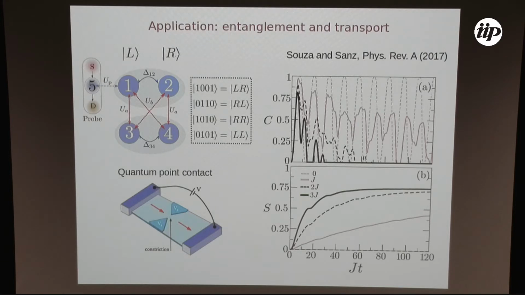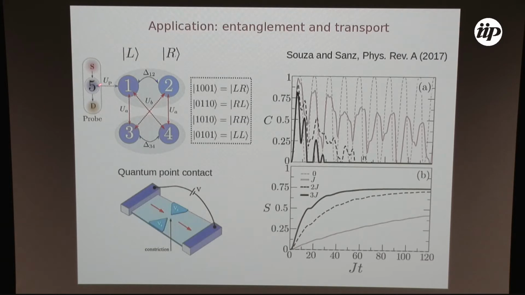But you should, in principle, measure that. And how can we measure a charge in a single electron transistor? We can use this quantum point contact, okay? This is a system like that, which is a very localized level, okay, coupled to source and drain. And we use this level 5 here to mimic this quantum point contact, okay?